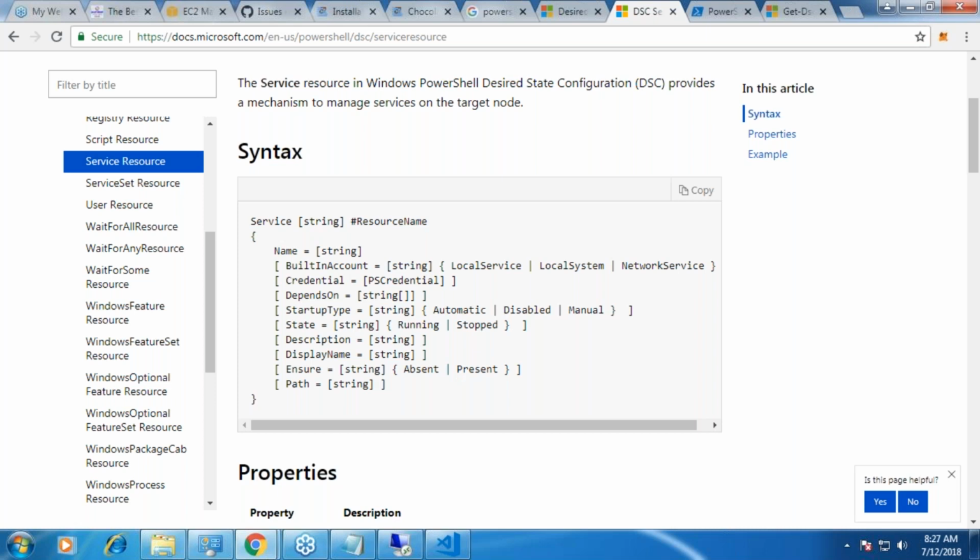Don't you even remember the name? Commandlets, right? In DSC, what is that we are having? Configurations. In PowerShell, what is that you are trying to tell? Are you trying to tell how it has to be done or what has to be done? How it has to be done. In PowerShell DSC,